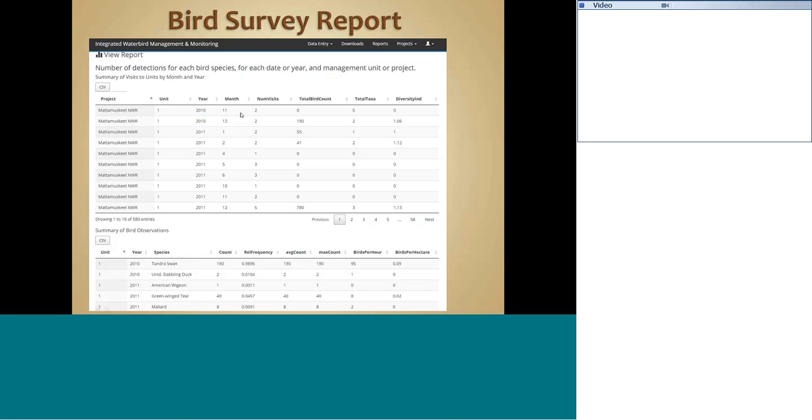And you can look at how many visits there were in November, December, January, February, etc. You can use this section to navigate between pages of these data. Note here that there is an option to save each of these tables to a CSV file that can be opened in